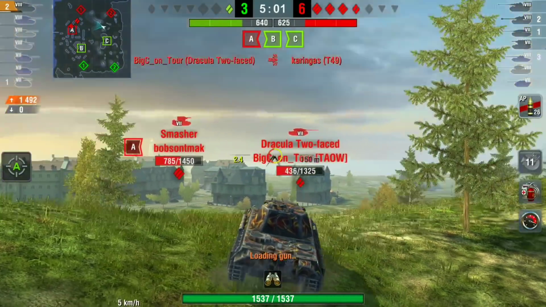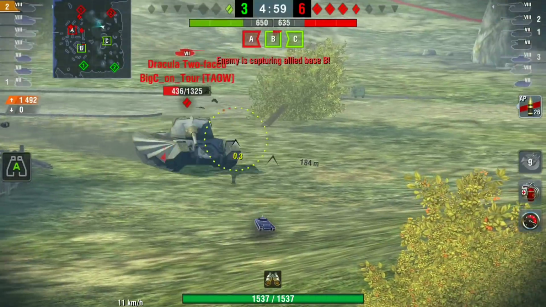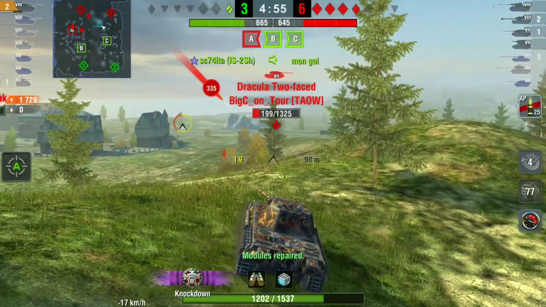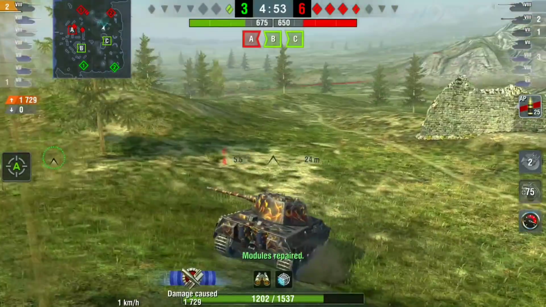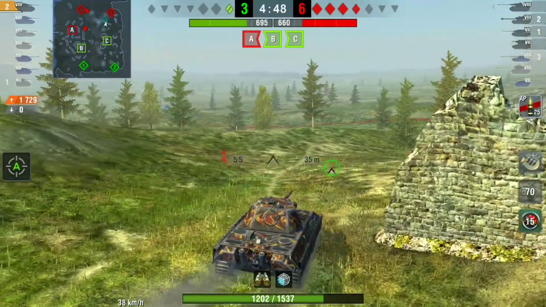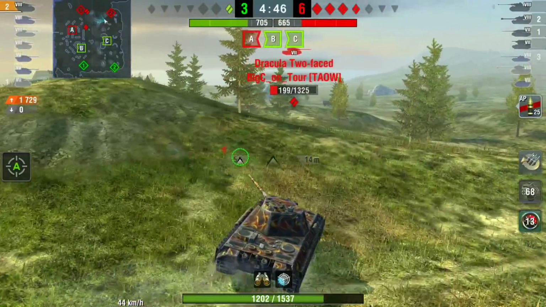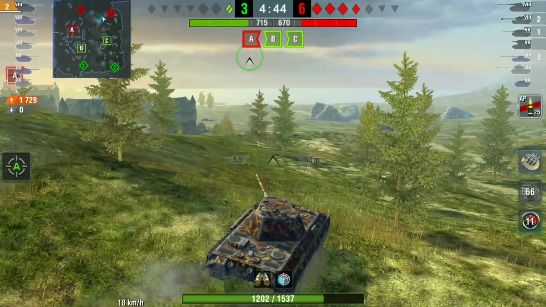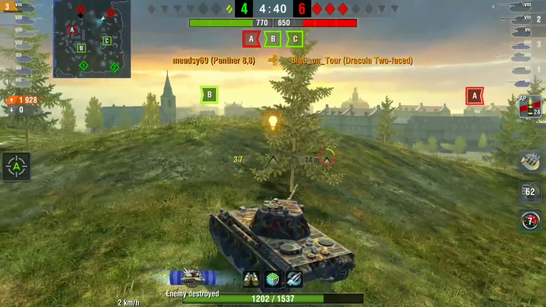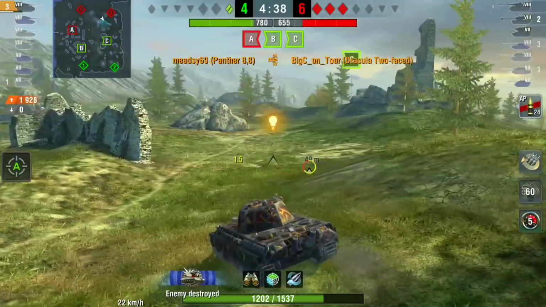So now we still got 2 cap points. We are winning. If I can get a couple of kills now, I can actually quite easily win this game. Now the Dracula I've got down to a 1 shot, so I just want to reset my camo, but I really want to take care of this Dracula. I thought he was going to come up, but he doesn't. He does run away, but luckily I do manage to get him,